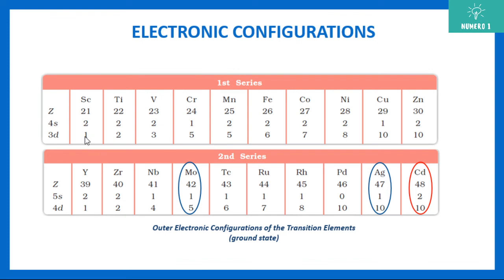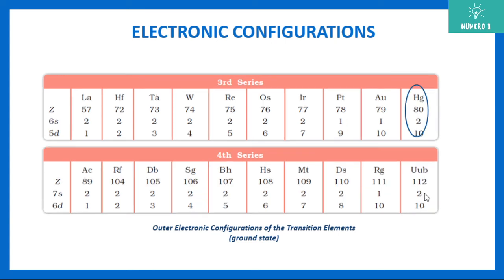If you see, this is 1, 2 electrons, 3 electrons, the fourth electron should be here and it should be 2, but that's not the case, because half filled or fully filled orbitals are more stable. Same way you can see Mo, and the same is the case with Ag. You can see in all that zinc is d10 s2, that is cadmium, and again mercury d10 s2. There are other exceptions also, but we will not go into details now.